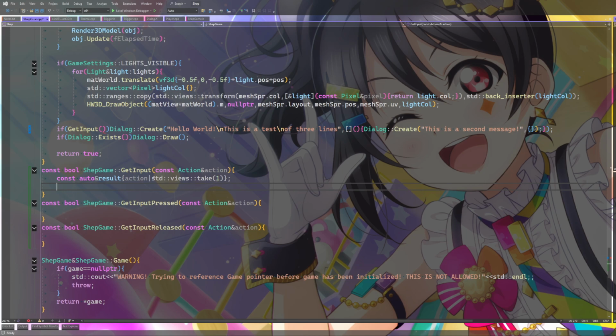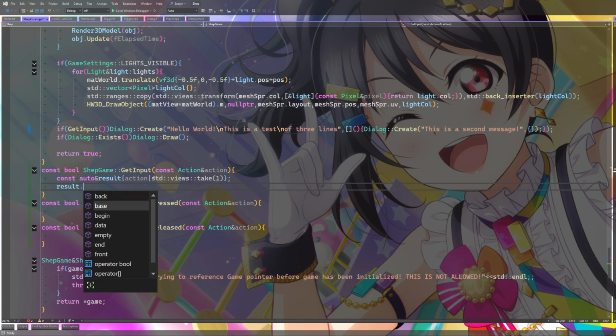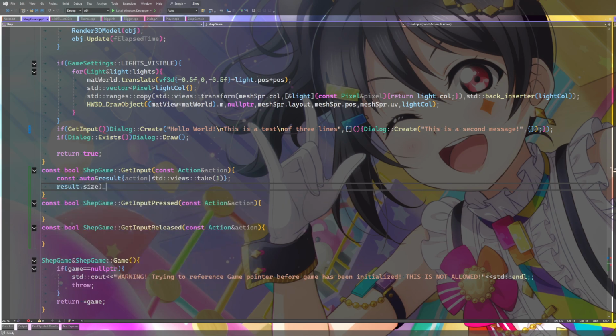So if I do action views take, and then I set this to result, then what I should be able to do is interrogate it, because it's an iterator, but it gives me a size, and we return result.size. Wait, no, that's not right.